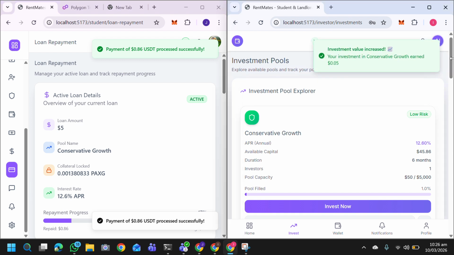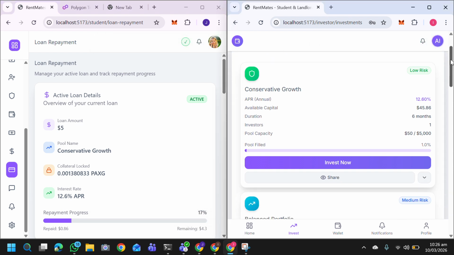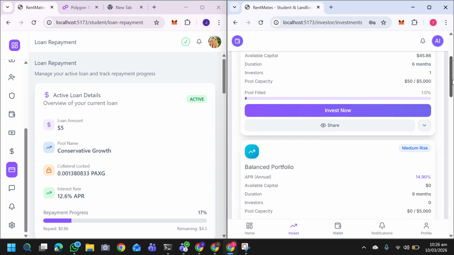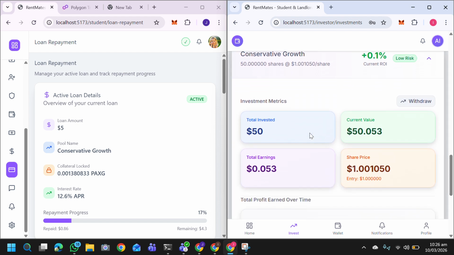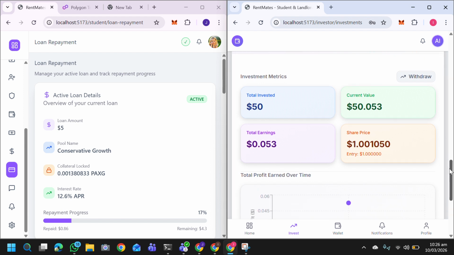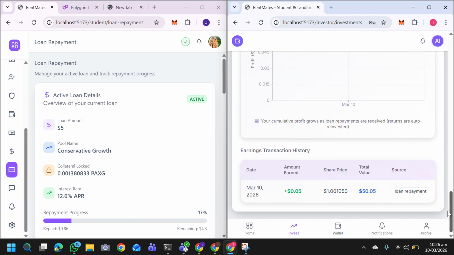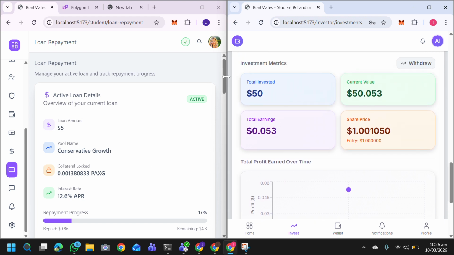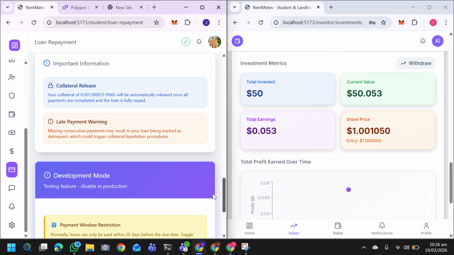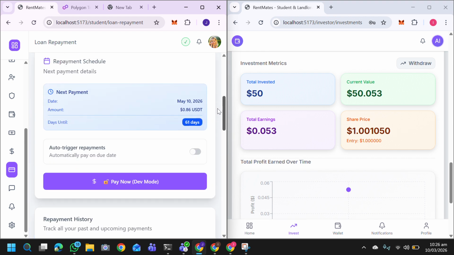We see we generated the interest, due to which not only is the available capital increased, right? If we move here, we can see the current value of the investment has increased as the monthly repayment returned some interest. This interest has led to an equivalent increase in the share price. This is also shown here in the earning history. Now once he pays another repayment,